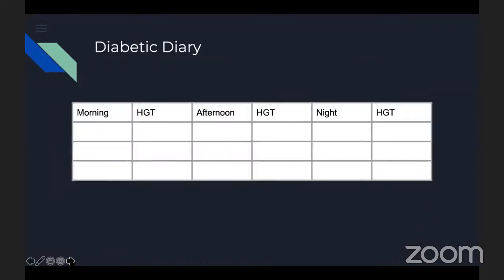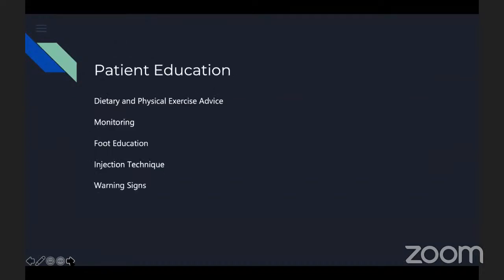So this is just an example of a diabetic diary that patients can keep when they're monitoring their glucose levels. So basically in the morning, they check their sugars, and then it just depends on how often they are injecting. So at every visit, patient education is also very important, as that's often one of the few times that